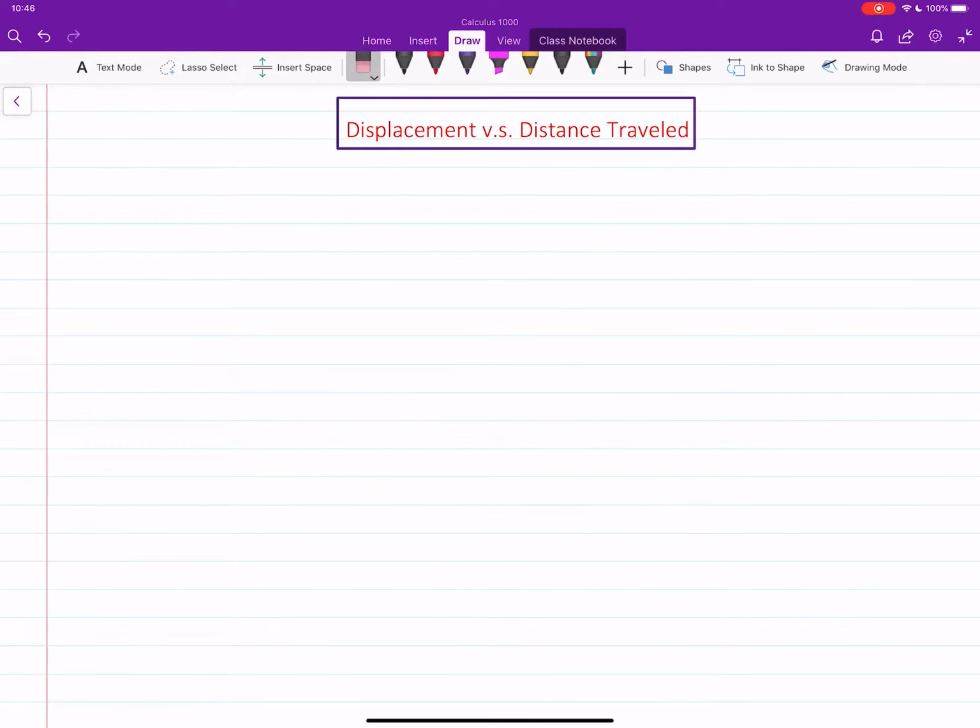Hi, in this video we will learn what is displacement and distance traveled by a moving object along a straight line, and how we can compute these two quantities knowing the velocity of the object at any given point. Well, remember that when we have an object which is moving on a straight line,